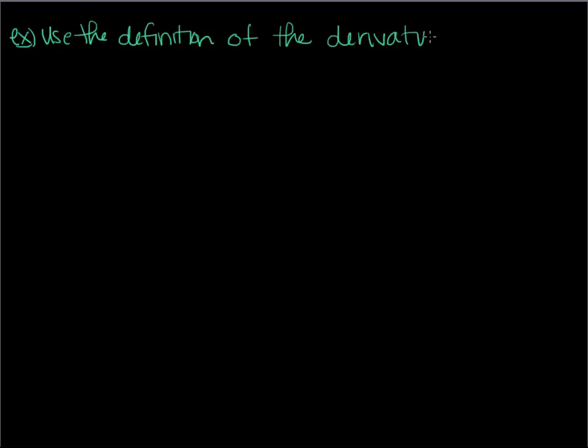All right, so the first example. Use the definition of the derivative to find, and I want to mention here too that what does the derivative give us? It gives us the slope of the curve at that point. Definition of the derivative to find the derivative of,